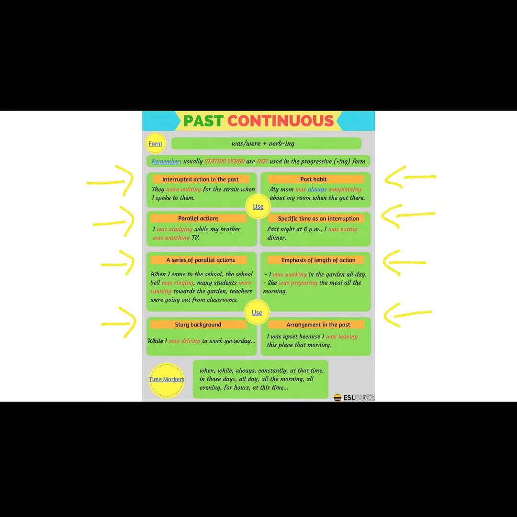Now observe attentively the time markers. These are the clue words which are showing you that these sentences are referring to the past continuous tense. These time markers are when, while, always, constantly, at that time, in those days, all day, all the morning, all evening, for hours, at this time,